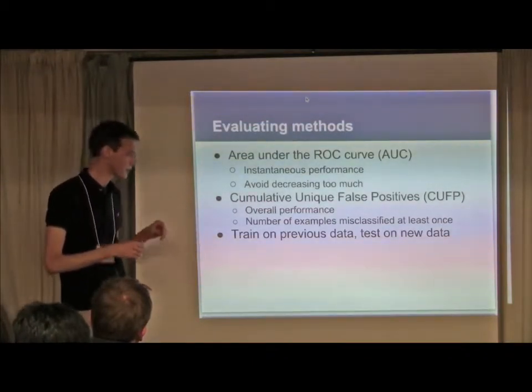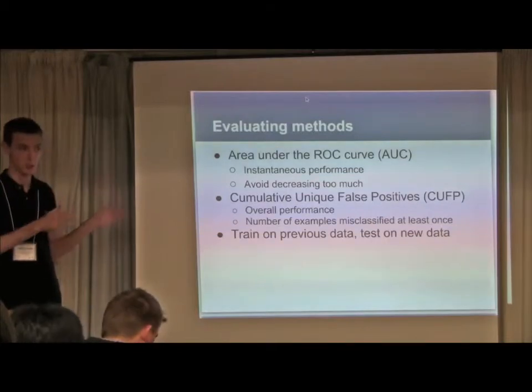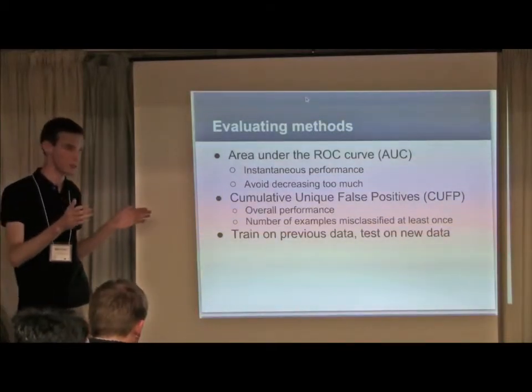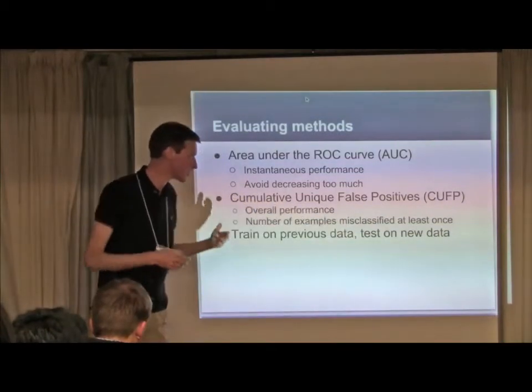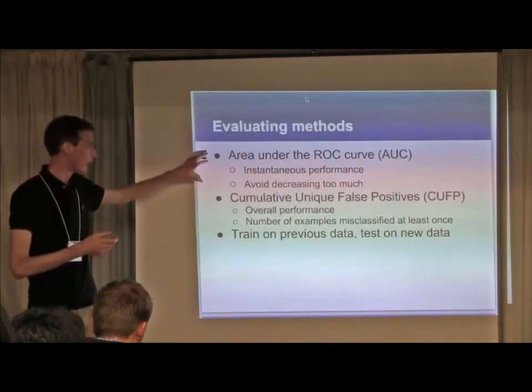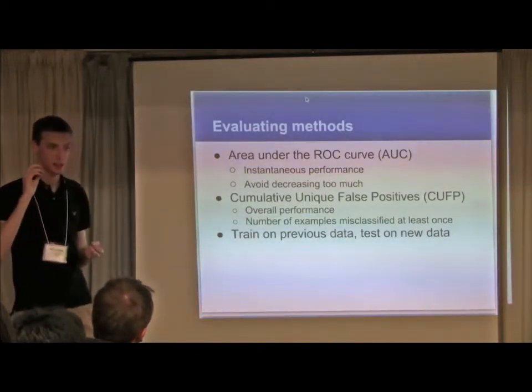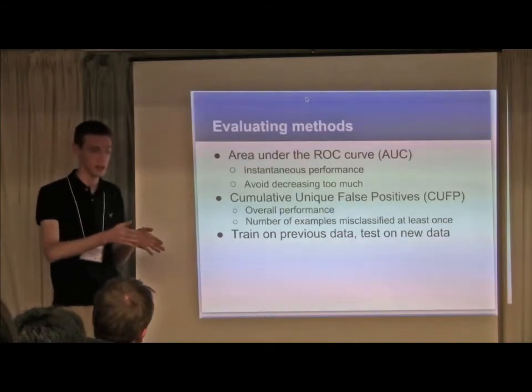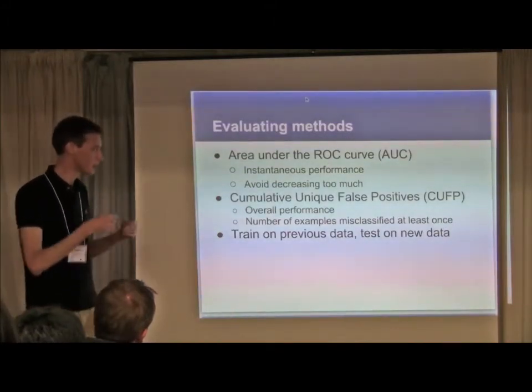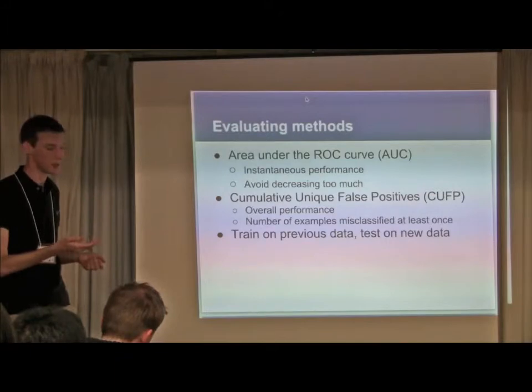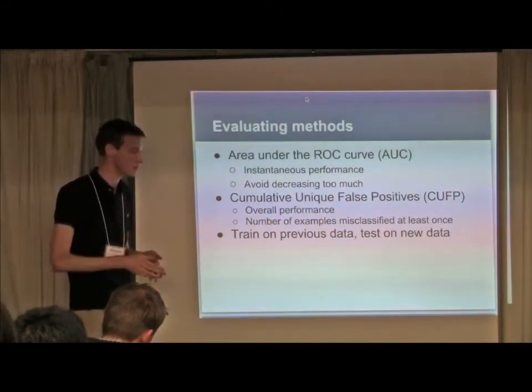And in either case, we're allowing hypotheses to be trained on all of our previous data, but we're only going to test them on our new data. So AUC would be calculated just on the most recent set of data that was seen, and we're only going to update cumulative mean false positives for that newest data.